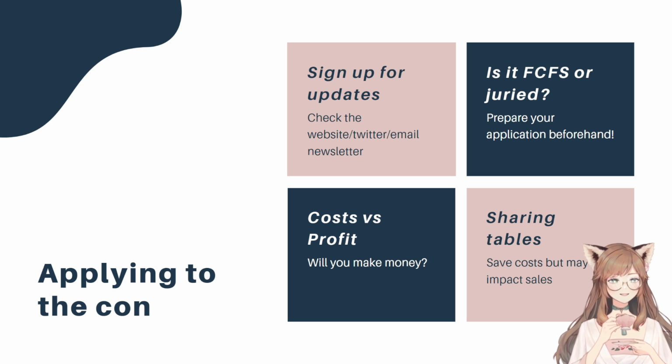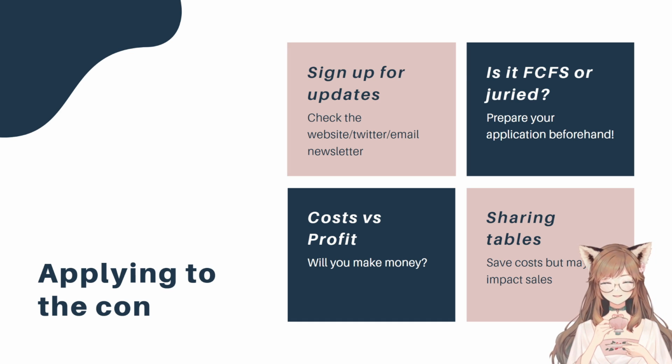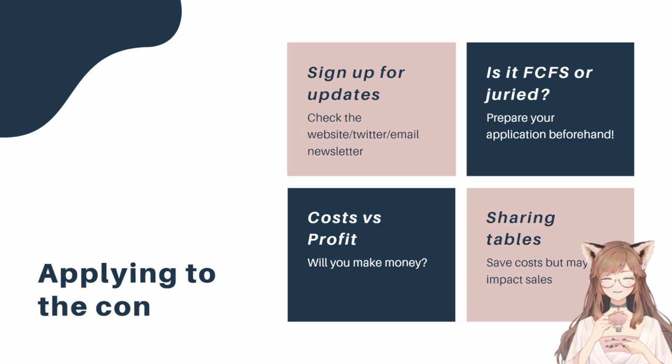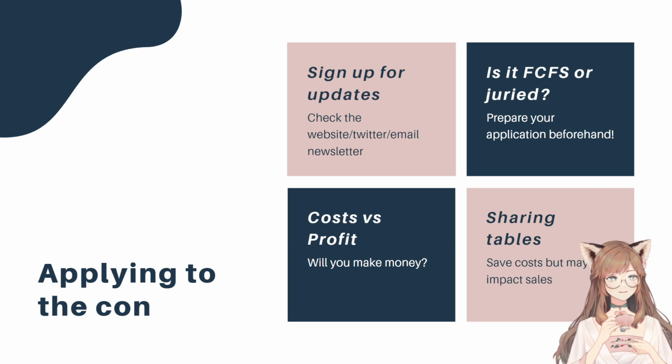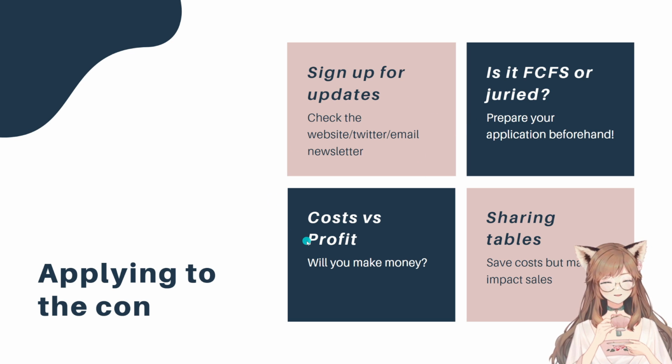But for me, I try to save costs whenever possible, because my first time selling, I was like, I don't know how much I can sell. I don't know if people will like my stuff. It's very, very anxiety inducing. But yeah, I think you can gauge pretty much an approximate amount you'll be able to sell. It's something to think about when you choose the con to apply.